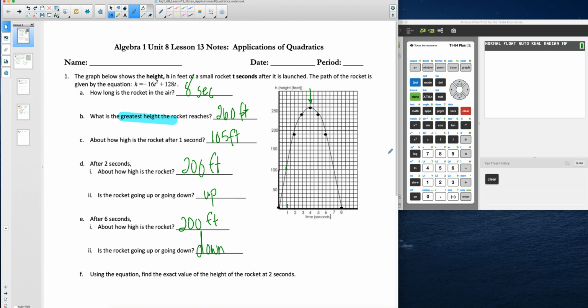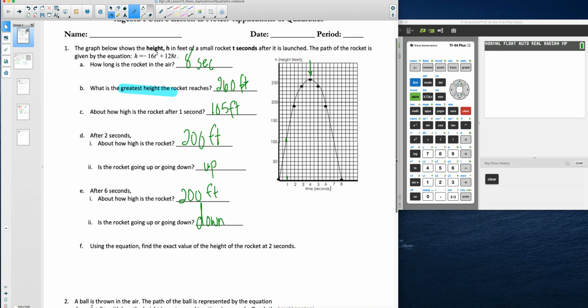Okay, so now it says using the equation. So now we want to be exact. Using the equation, find the exact height of the rocket at 2 seconds. What that means is I've got to take 2 and plug it in for both my t's up here. So we'd have h equals negative 16 times 2 squared, plus 128